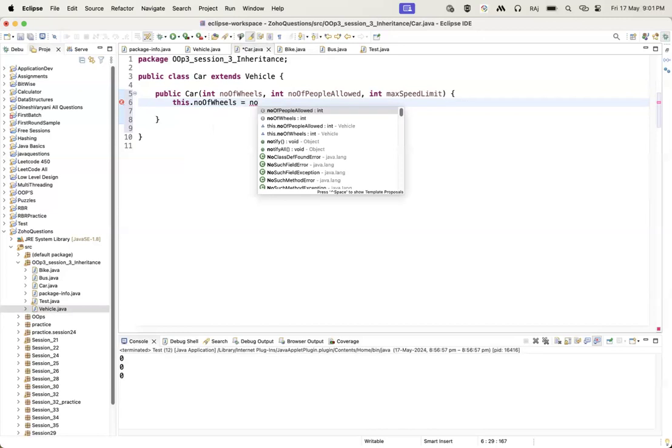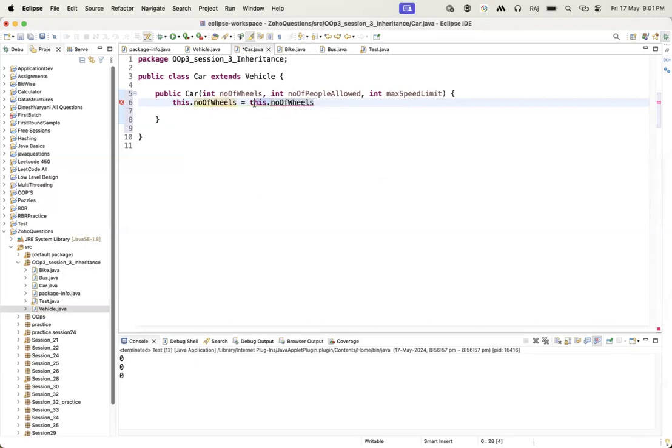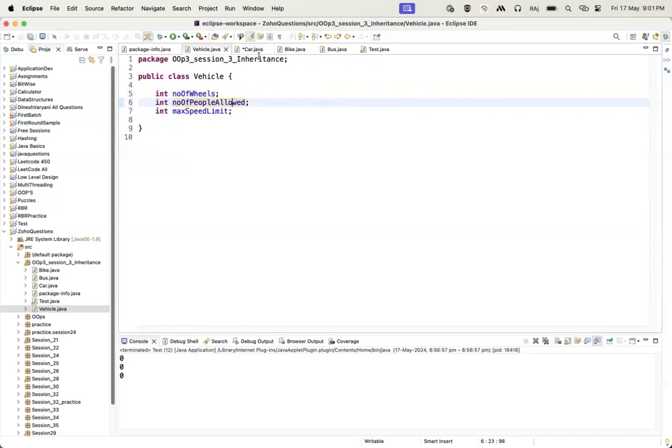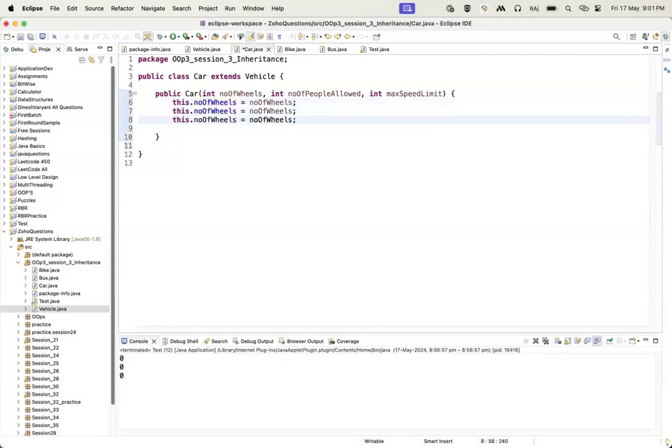Number of wheels, number of wheels, number of people allowed here is also, okay. The same way, if you want to do the same operation,